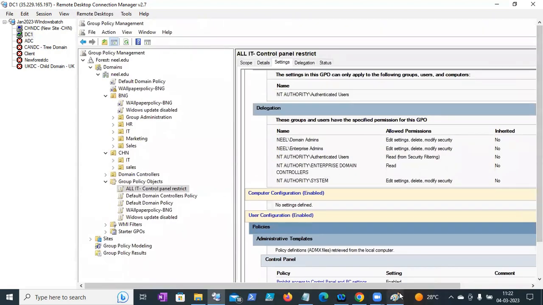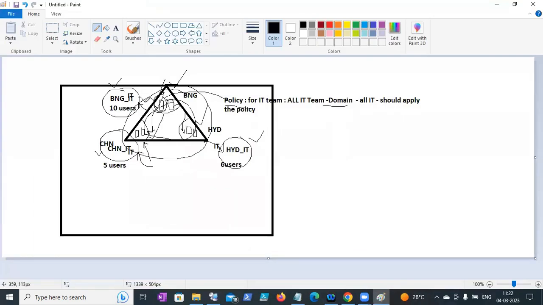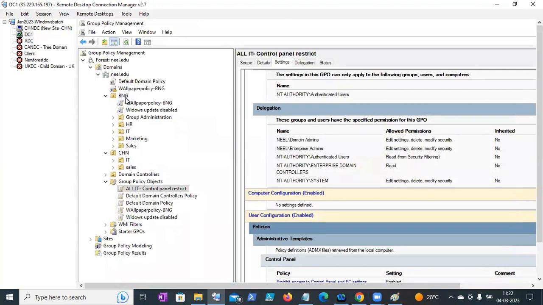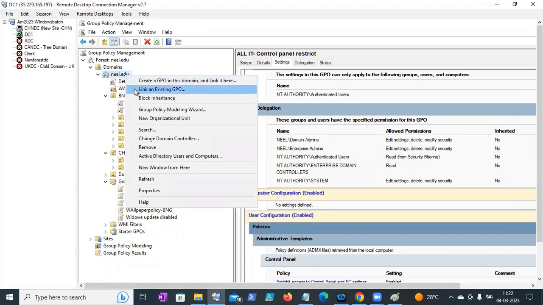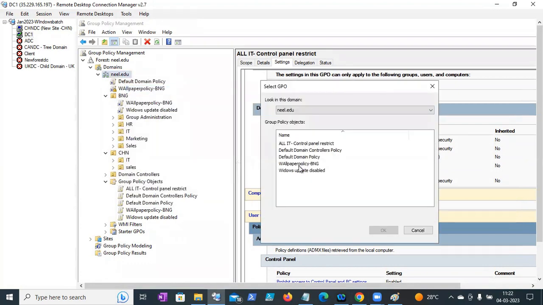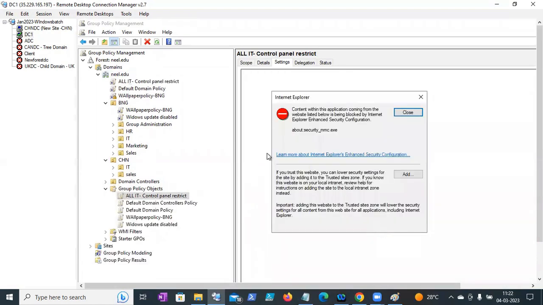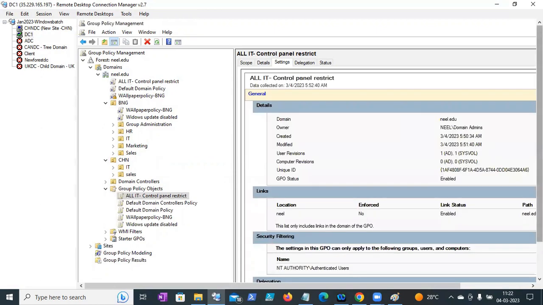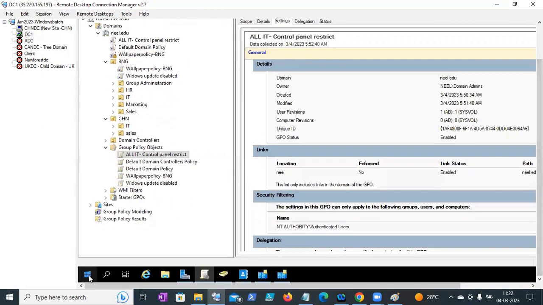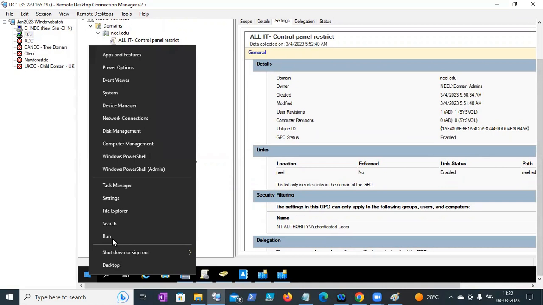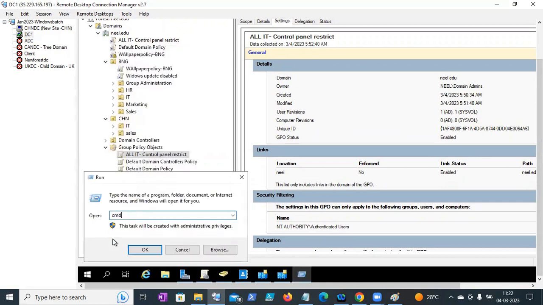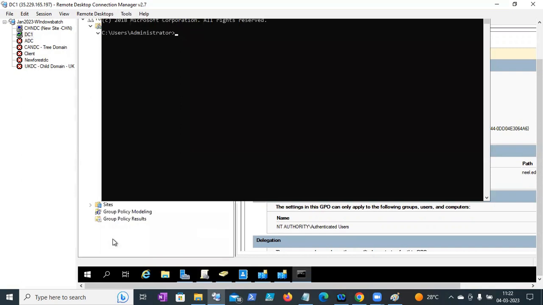As I said, instead of linking to BNG IT and CHN IT, I will link to the domain directly, correct? I don't want to link to BNG. I don't want to link to CHN. I will go to link an existing GPO directly, all IT control panel restrict. It's clear? I link the policy here. I created a policy on the Bangalore domain controller and linked it to the domain, and say gpupdate